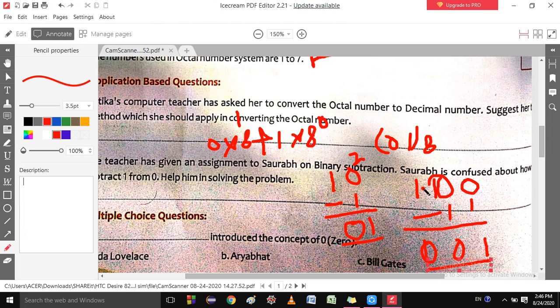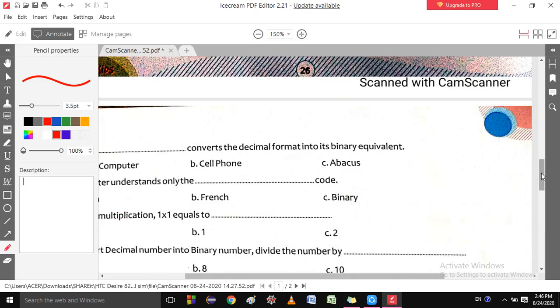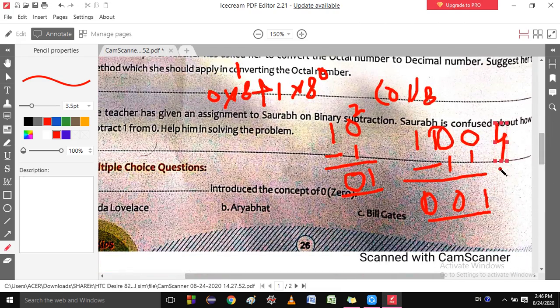So basically 1 0 0, that means 2 power 2, the number is 4. And 1 1 means 2 power 0 plus 2 power 1, so 1 plus 2, the number is 3. So 4 minus 3 equals 1. The same answer you also get if you convert this to a decimal number. Next question.